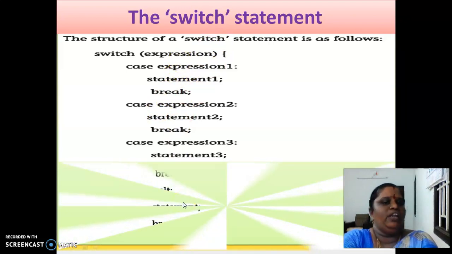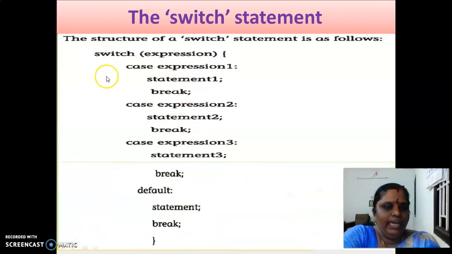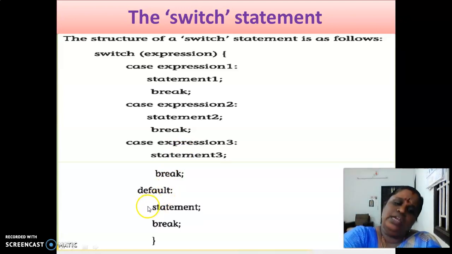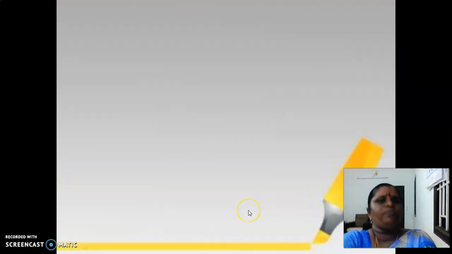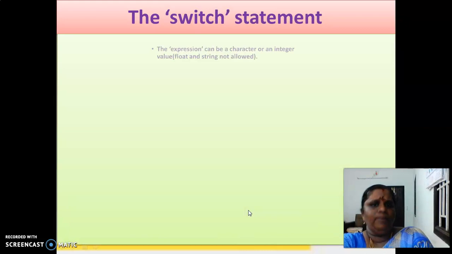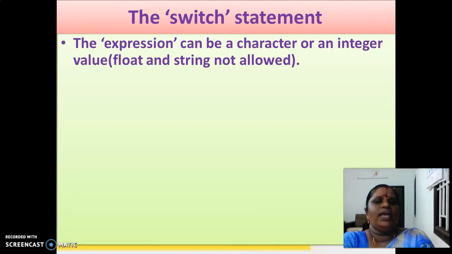Likewise, it will continue. If the expression does not match any of the cases, it will go to the default case where there will be some statements in the default block and this will be executed. Okay, we'll see the example. The expression can be a character or an integer.